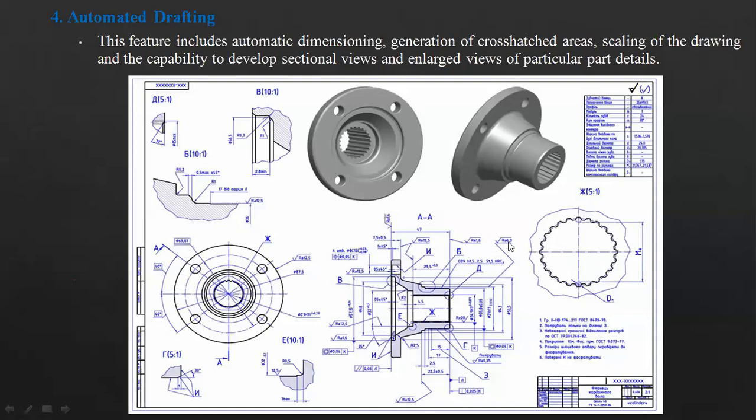As you can see, Ra 6.3, to be able to represent the different surface roughnesses on the different surfaces that you have. Here this surface should have this much surface roughness. All those are features that you can utilize when it comes to automated drafting, right?